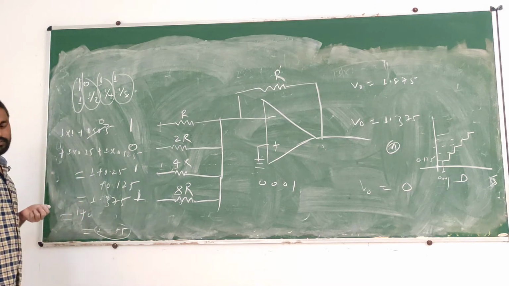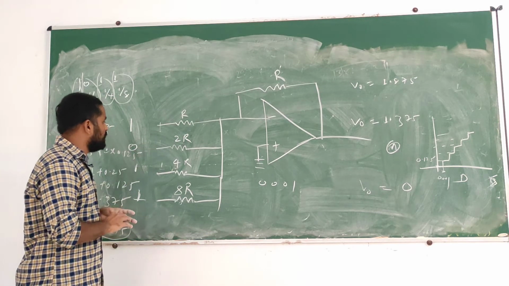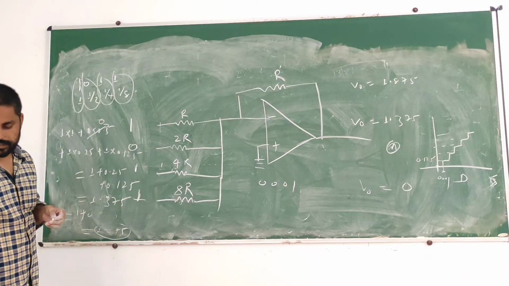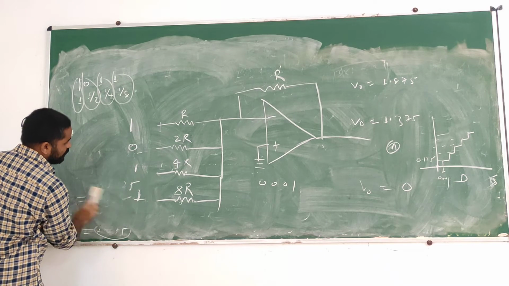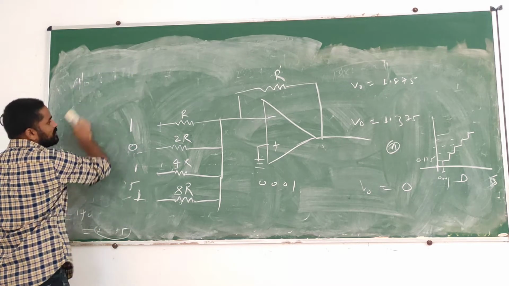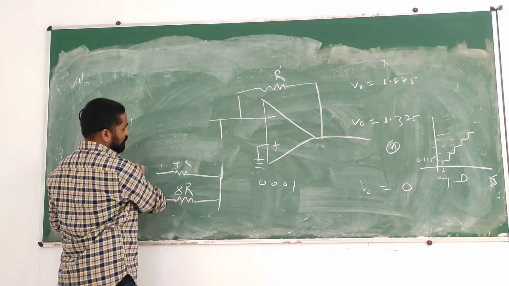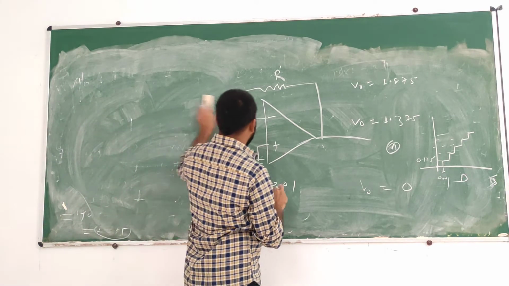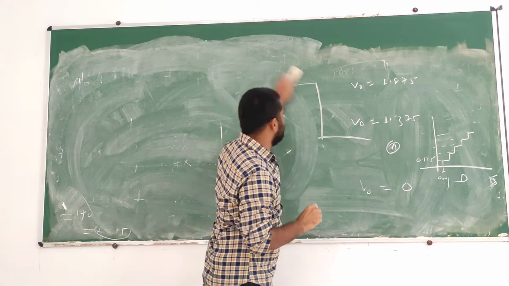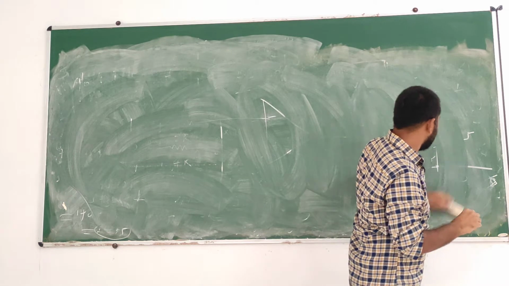So this was all about the digital to analog converter. What we did was the same summing operation, done easily with the same superposition. If you apply superposition, you can get all the values. So we have completed the multiplication table, summing, averaging, and the digital to analog conversion. We have done it very easily.